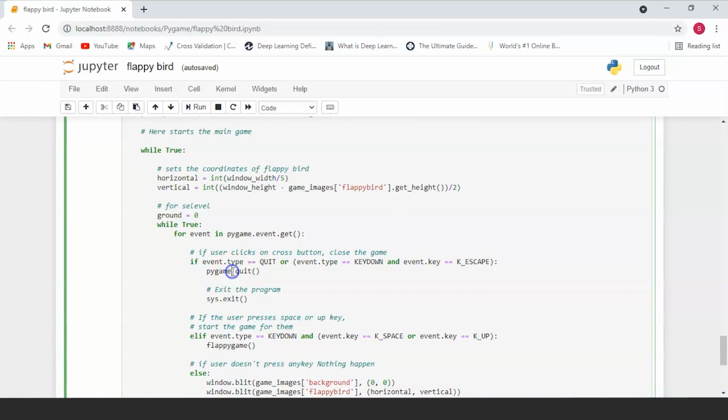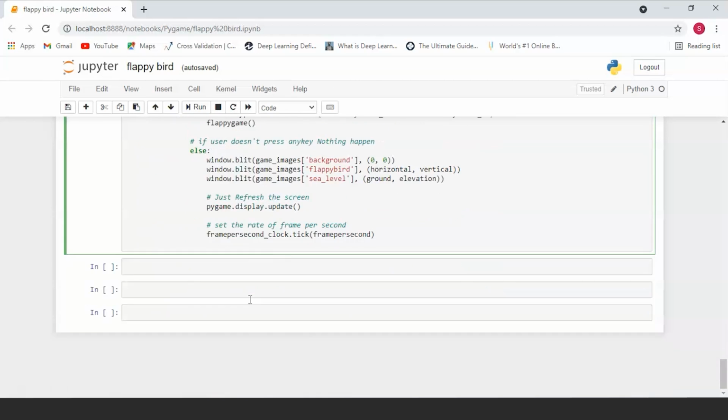So here pygame.quit, as we've already told you, will close all of the pygame modules that you've already initialized in your program and will uninitialize all of these modules, while sys.exit will exit the program itself. Now, as we said, pygame.quit doesn't quit the program, it only uninitializes all the pygame modules, which is exactly why we're using sys.exit to close our window and exit our program.